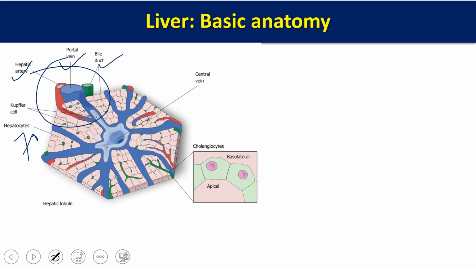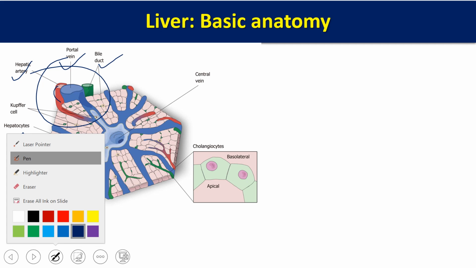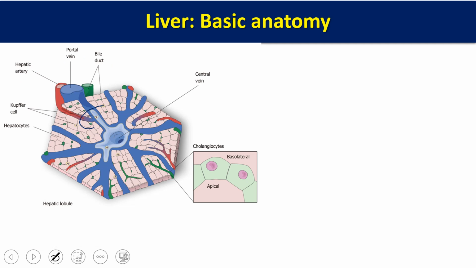This hepatic artery carries all the blood which comes into the liver from the heart. So the hepatic artery carries blood from the heart. The portal vein carries blood from the digestive system. So blood which comes from the heart and blood which comes from the digestive system, they go and merge at a specific place in the liver. That place we are going to call sinusoids. I have already told you, at this junction, at the sinusoids, both hepatic artery and portal vein are going to merge